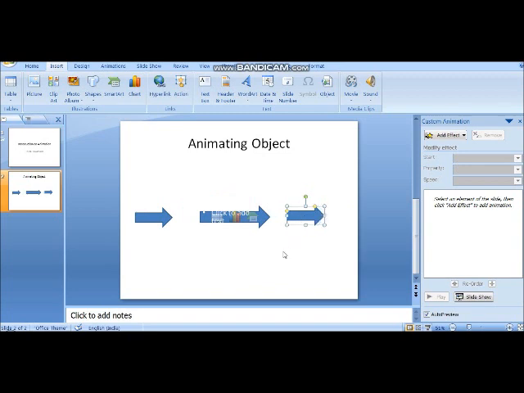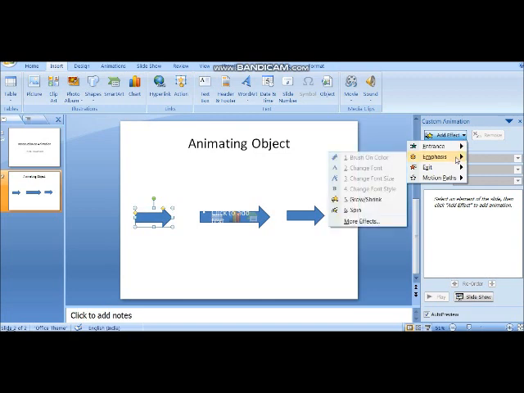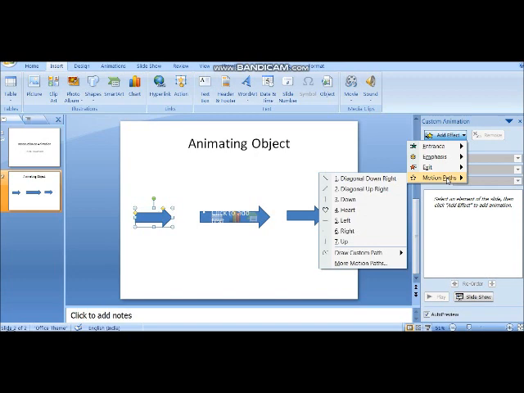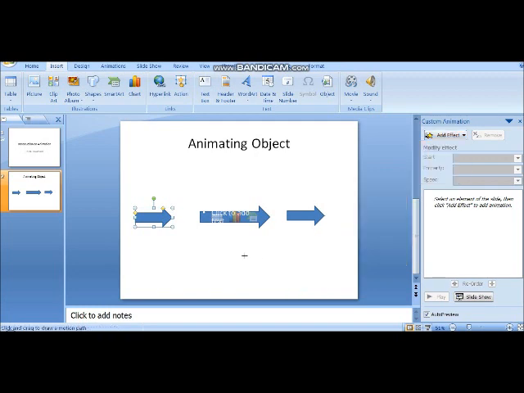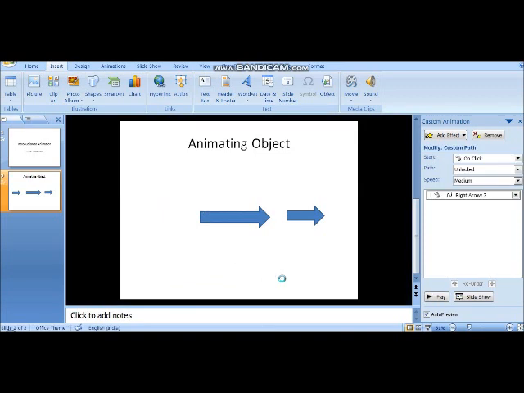So how to apply animation? First I am going to select the first shape and I want some type of animation to be displayed, like in motion path, draw new custom path. Suppose I want this arrow to go there.